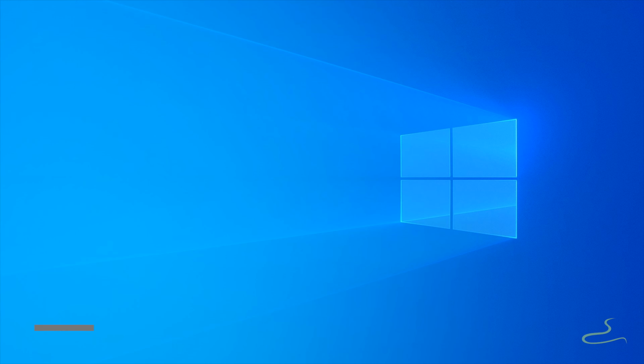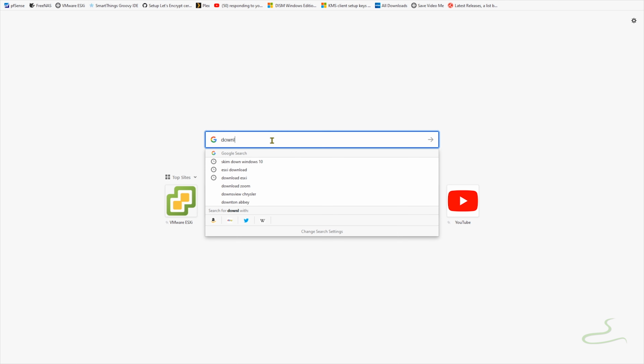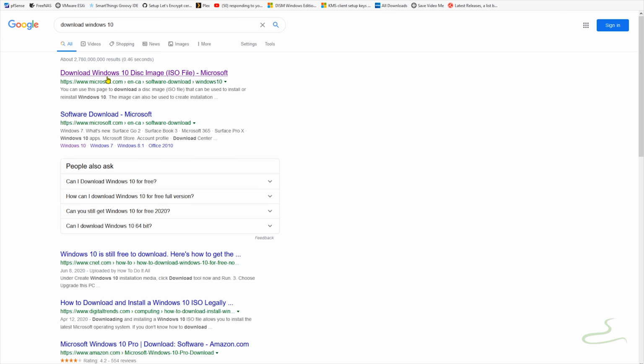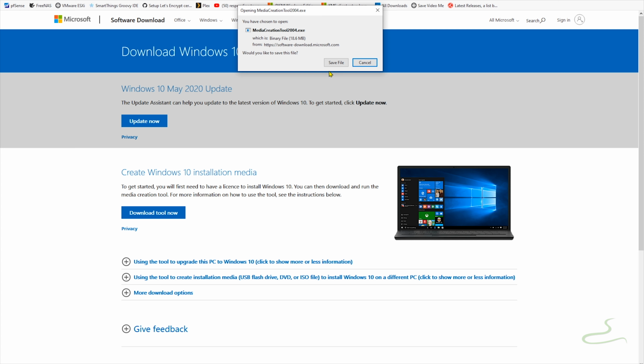That's the requirement. First step, you need to download an installation media officially from Microsoft. Let's search on Google, download Windows 10. And the first link appears to be from Microsoft, so I'll click on it. I don't want to update now, but I want to create a Windows 10 installation media by downloading this tool. So hit download tool now, save it onto your disk,